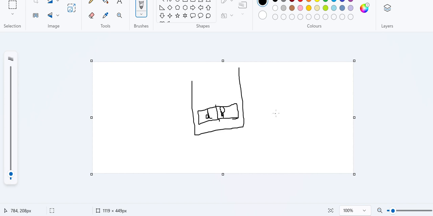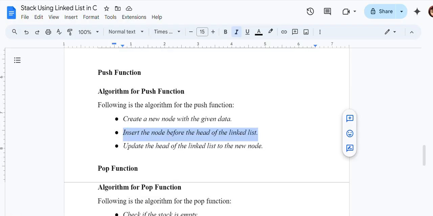Once your new node comes, it is always inserted on the top, right? That's why I'm telling you that a new node is always added to the beginning of the linked list. There is no way of inserting in the middle or at the end of the linked list. Insertion always happens only at the beginning, that is before the head of the linked list.